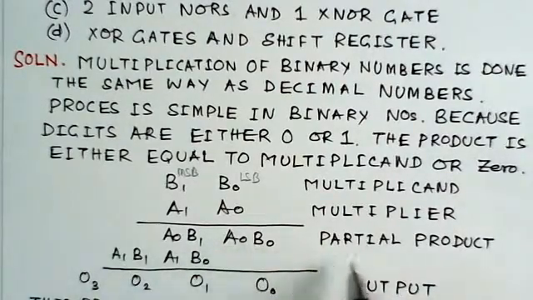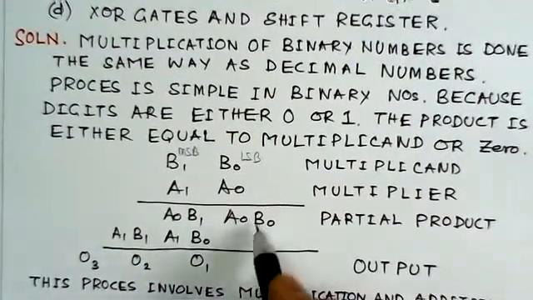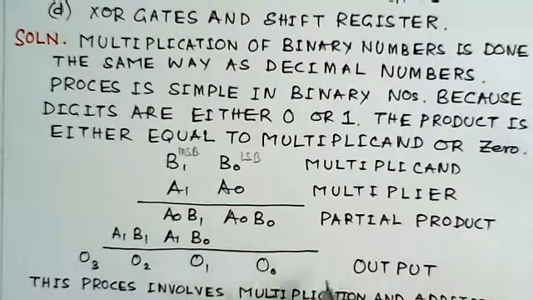This we call a partial product. And you can add up these partial products, and you will get the output here. The output is O0, O1, O2 and O3. For O3, if there is any carry generated here, it will come in O3, otherwise not. So if we see the multiplication process,